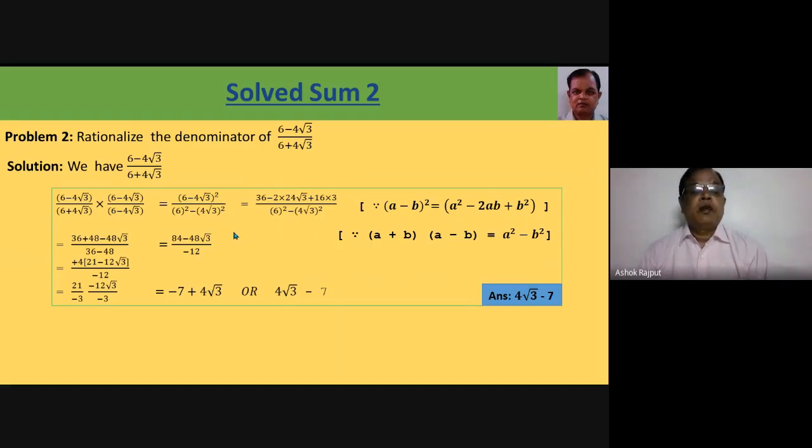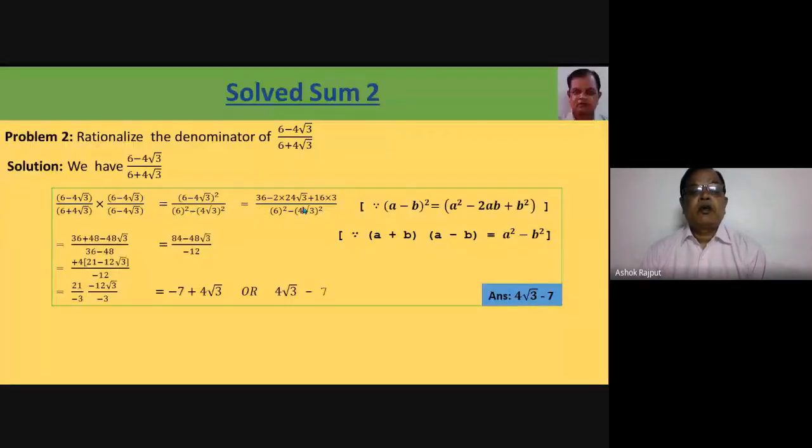So when we break the bracket, we get the square of 6 is 36, then minus 2ab, minus 2 into 4 root 3 into 6, that is 24 root 3. Now the square of 4 root 3: the square of 4 is 16 and of root 3 is 3, so 16 into 3. In the next step it is 36 plus 48